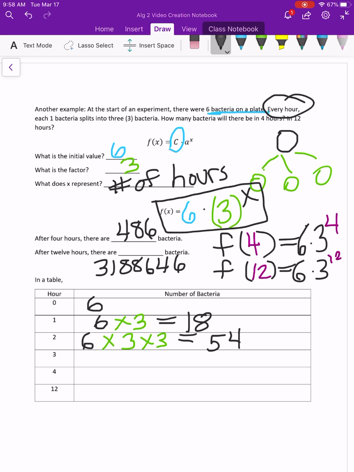At 0, it's 6, at 1, it's 18, 2 is 54, 3 is 162, 4 is 486, and 12 is that big value of